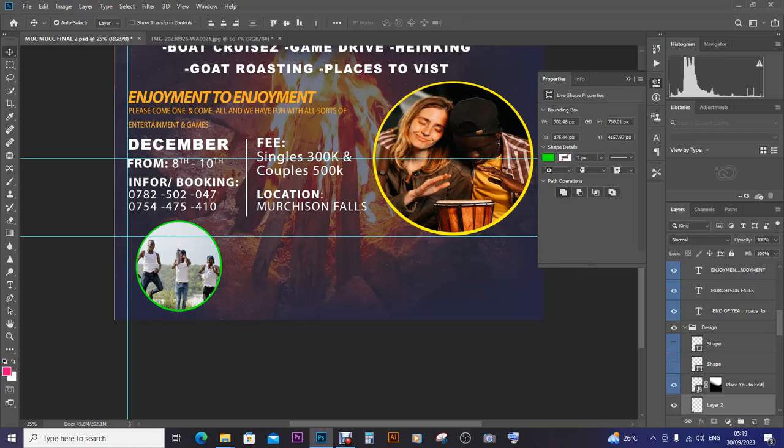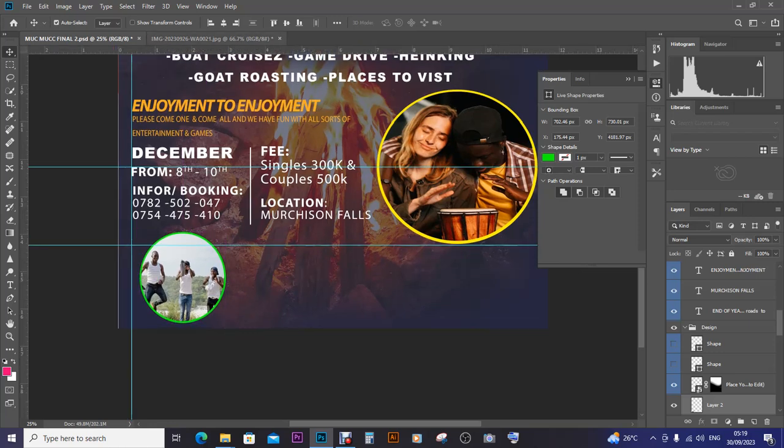I'm also going to be including another one here and maybe another one and another one, just to show the different activities that are to take place at the place. Control R, then have the guides, the rulers, to guide you out. So if we save it,